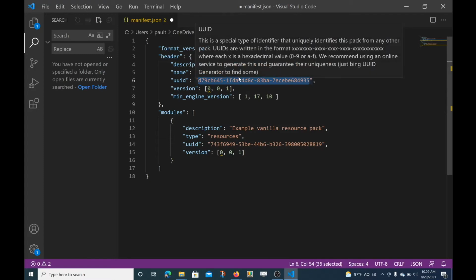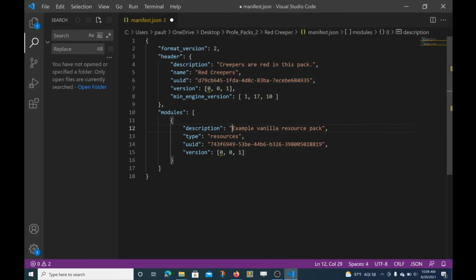There we go. And then down here, you do your description again. Creepers are red in this pack. And down here, you have another UUID. Now, I could do it the same way, but I'm going to show you guys a different way to get